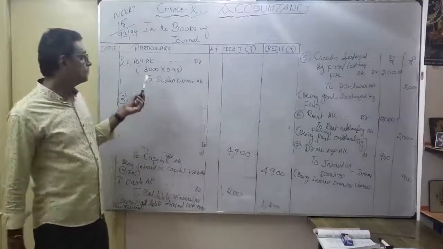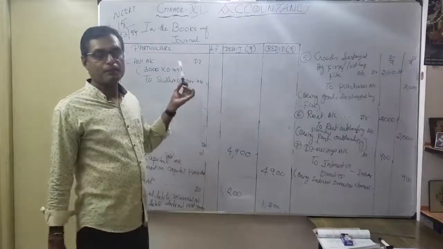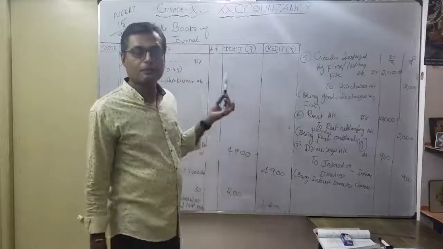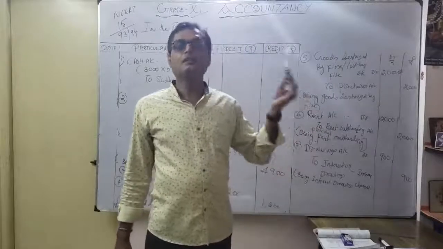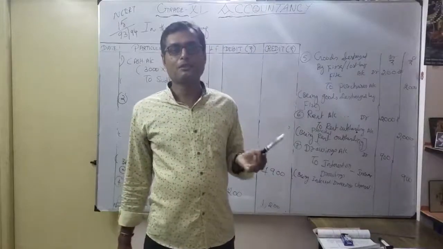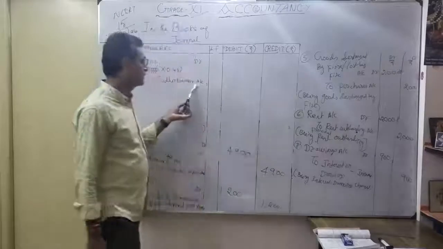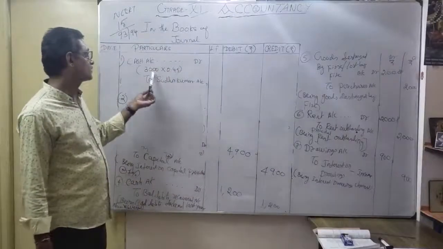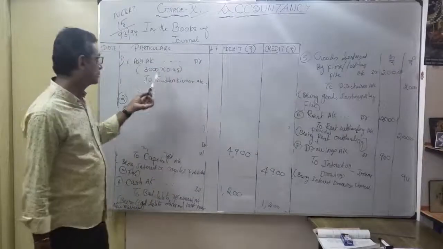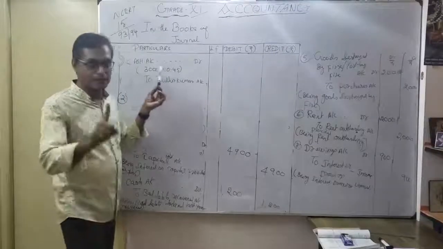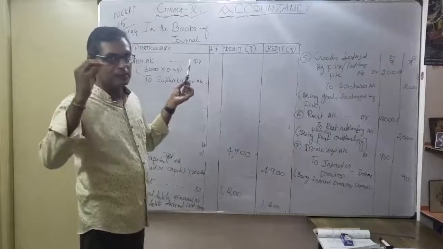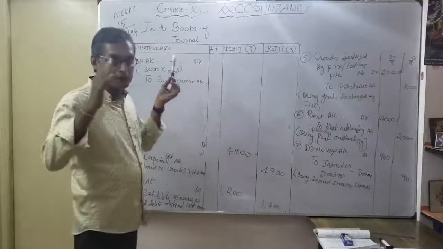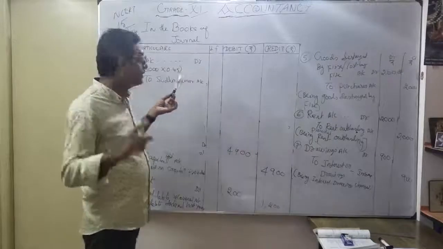So that's why I am crediting. The reason why I am crediting the Sudhir Kumar account: debit the receiver as a personal account, credit the giver. She is the giver. Instead of 3,000, how much money did he get? That's what I show in the bracket, 3,000. For every 1 rupee value, he is able to pay only 45 paise, so we are losing 55 paise. He can compensate only 45 paise for each 1 rupee.